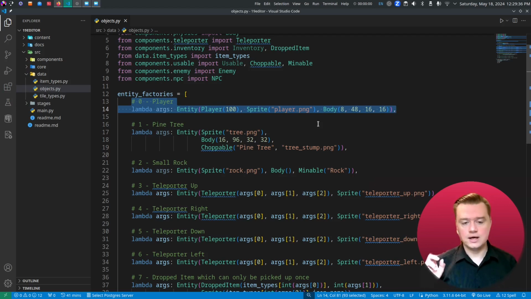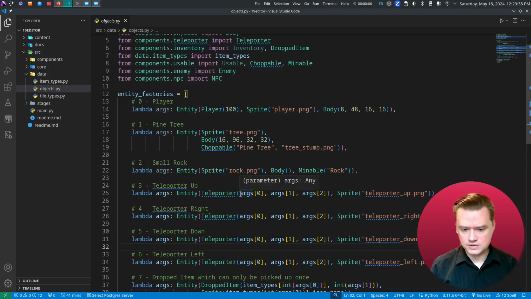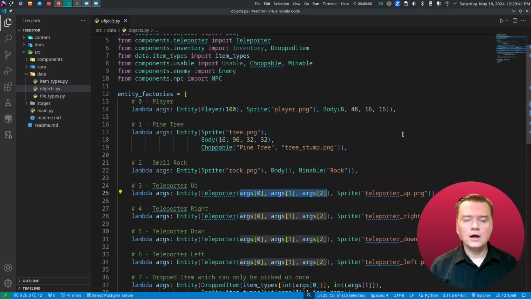of the entity and some of these arguments down here as you're filling them out, we need a little bit more information. We need to know the name of what it is, like if it's the player or pine tree or whichever. We need to have an icon that we can use for each thing. And then we also need to know what these arguments are. And then any sort of default values that we're going to set for it, like when you place a new